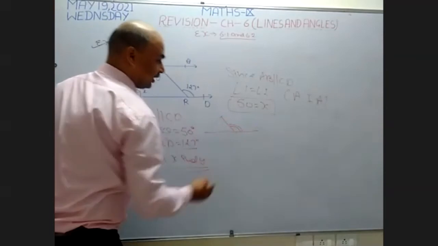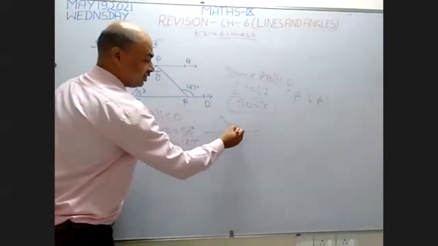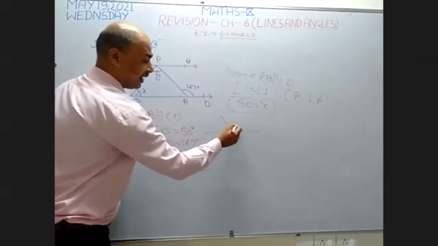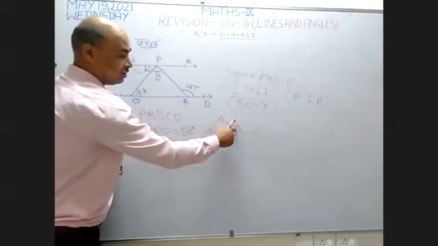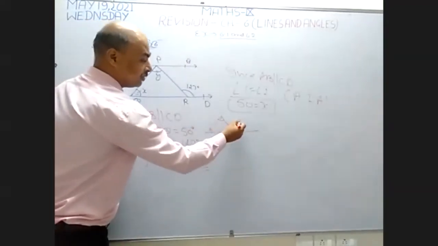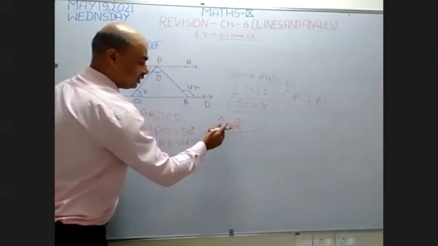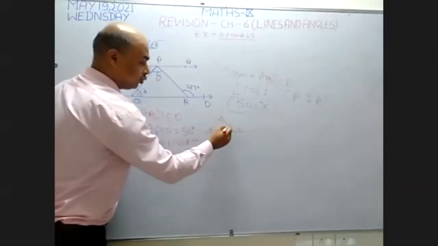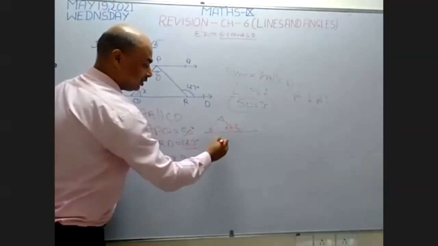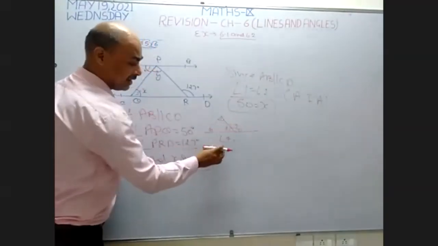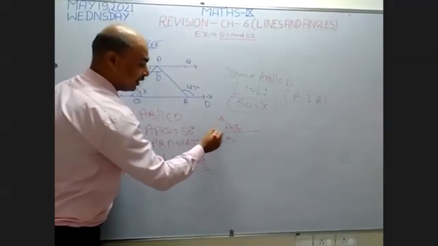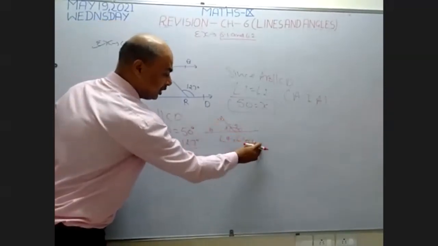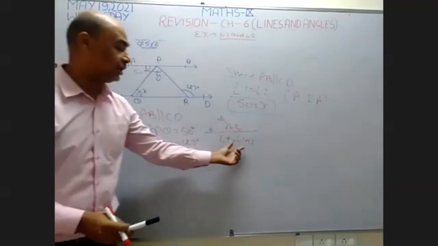In a triangle, this is the exterior angle of the triangle. This exterior angle of a triangle is equal to the sum of the two opposite interior angles. This is the exterior angle property. Suppose this triangle has 3 angles, 1, 2, 3, and this is angle 4. This angle 4 is the exterior angle of this triangle. This exterior angle 4 is equal to the sum of these two angles, angle 1 plus angle 2. This is known as the exterior angle property of a triangle.